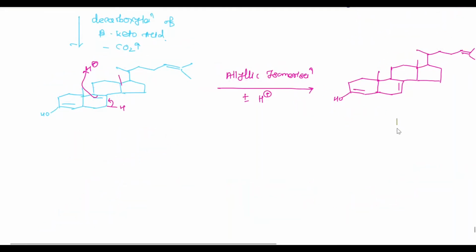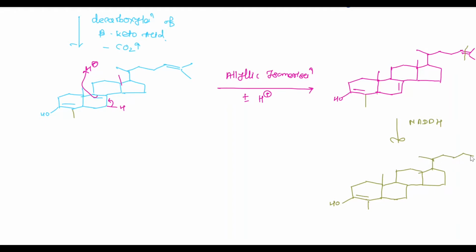In the next step, reduction of this double bond takes place by using NADPH and we get. In the next step, tautomerization takes place and we get